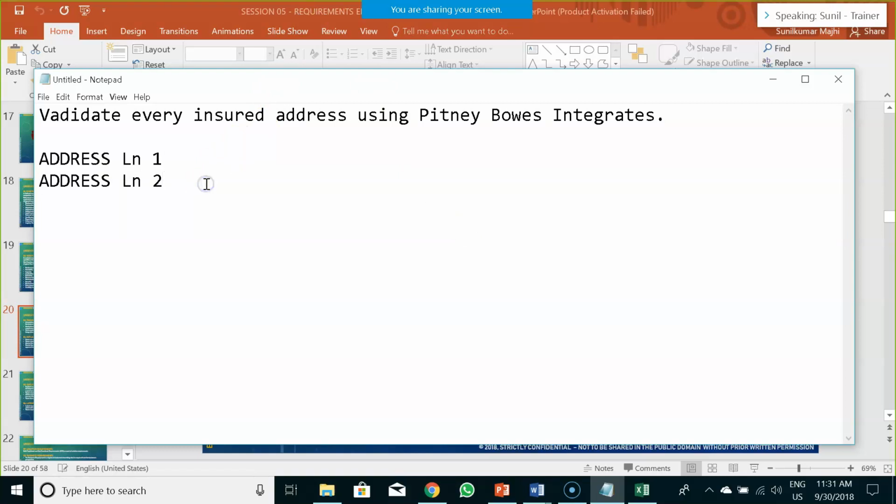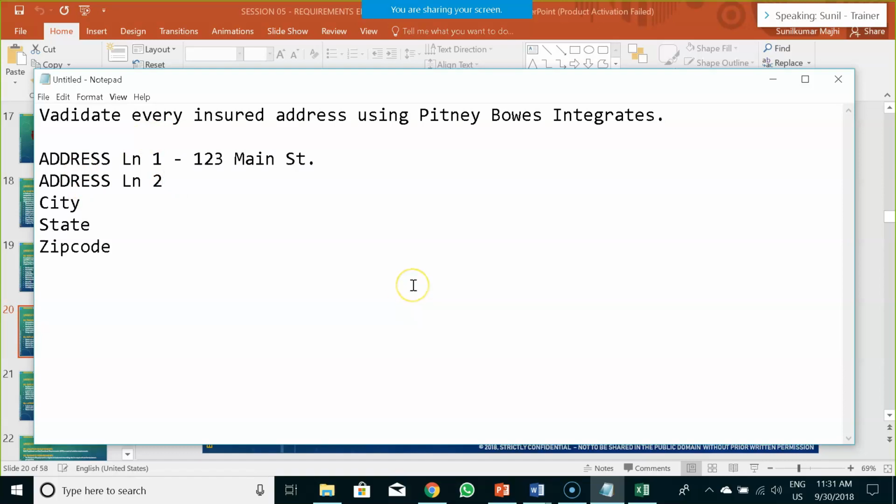While address line 1 would be a mandatory field, address line 2 would be an optional field. And then we would be having city, state and zip code fields. So this is the requirement I got from my customer. This is the explicit set of requirements I got from my customer. Now, I being a business analyst, I know that there is something else also part of an address. If you consider address line 1, it could be something like 123 Main Street.